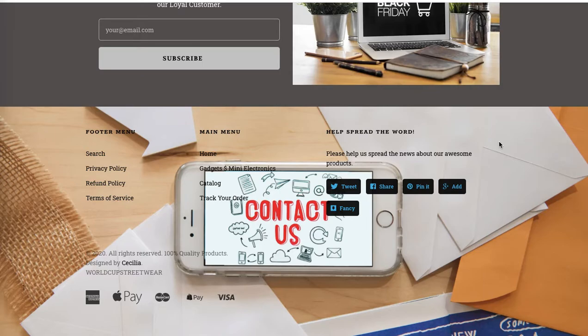I would use just a blank color as a background because as you can see, the text are quite difficult to read against a busy background. And you can use this image as an image within the sliding banner or as a hero image because it's a beautiful picture. It just doesn't work as the footer background. However,